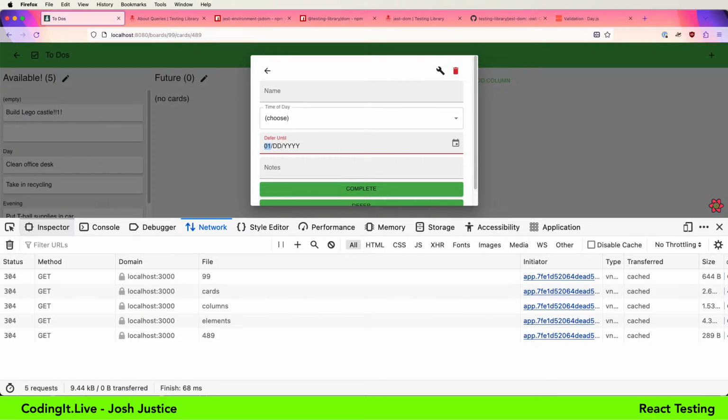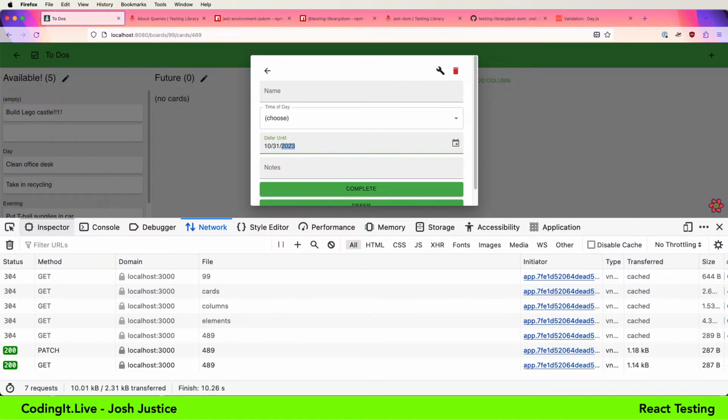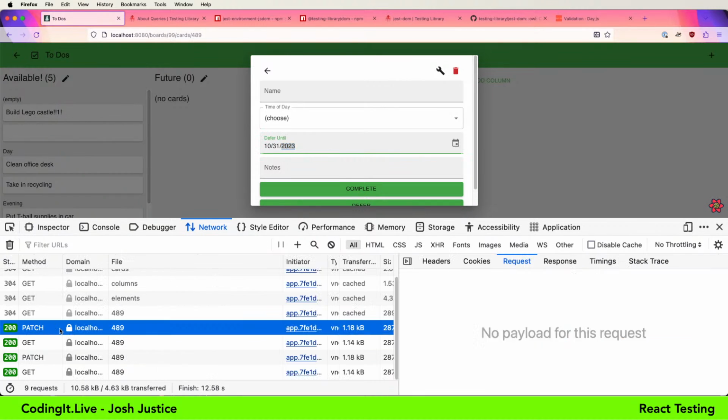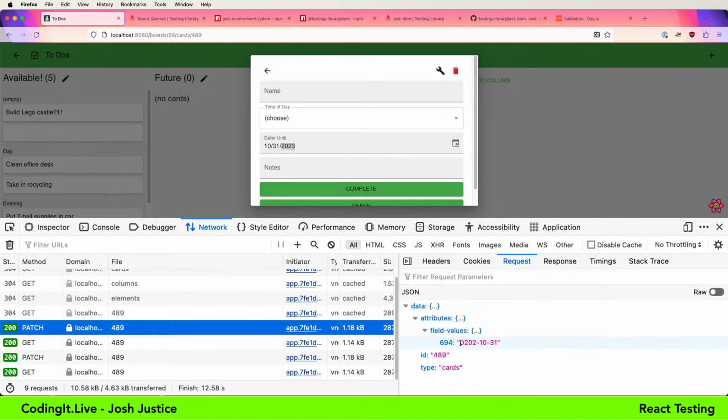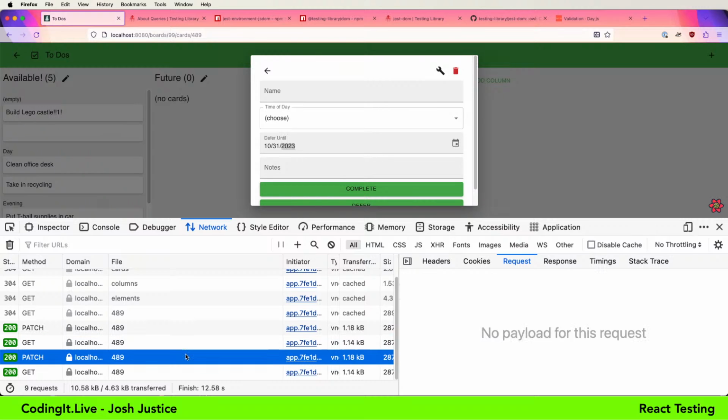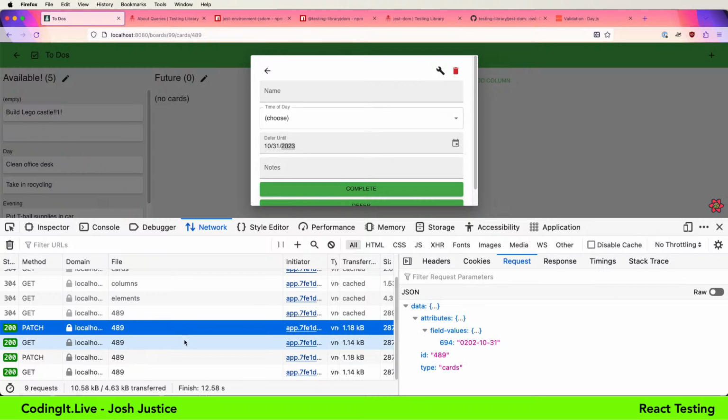1, no change. 10/31/2023. That's saved. Now notice we do have the year 202 being sent to the server because that is a valid date. That's kind of weird. That's kind of an implication of my saving to the server as you type here, but I don't think that's a problem. Saving a valid date that you've typed in, and then typing the correct date afterwards to save again, I'm actually fine with that.